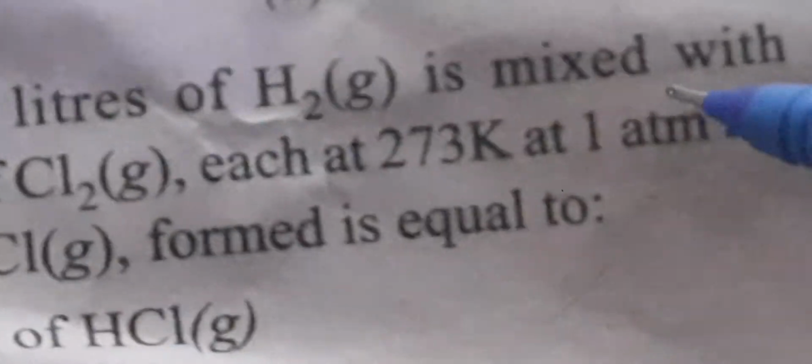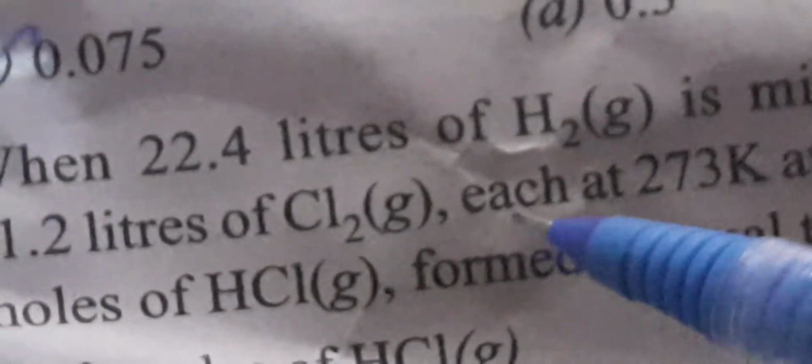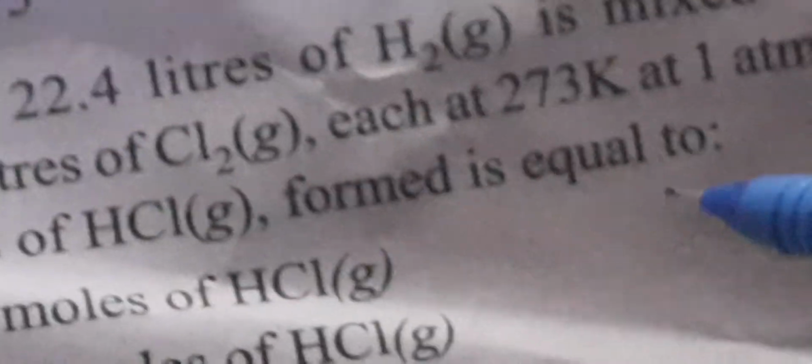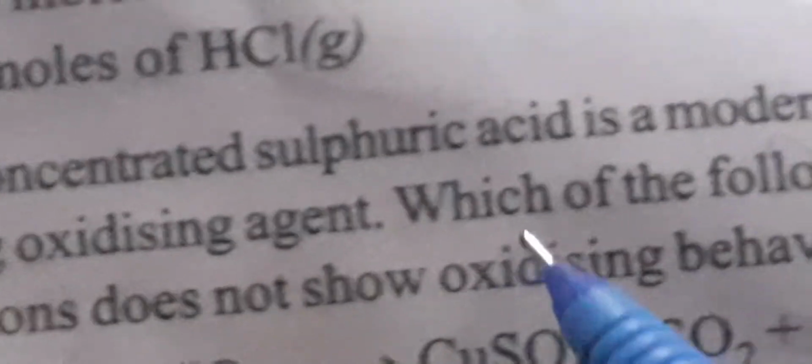Okay, next, when 22.4 liters of hydrogen gas is mixed with 11.2 liters of chlorine gas, both are gases, 22.4 liters and half of that chlorine gas, each at 273 Kelvin and 1 atmospheric pressure. The moles of HCl formed is equivalent to, okay, the product is 1 mole of HCl gas. Next one is hot concentrated sulfuric acid is a